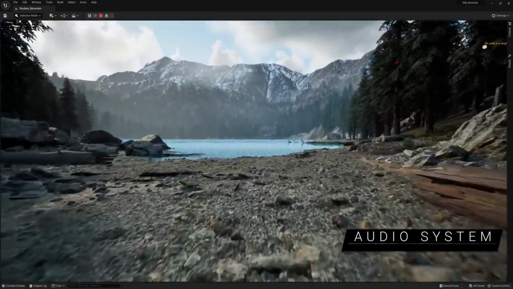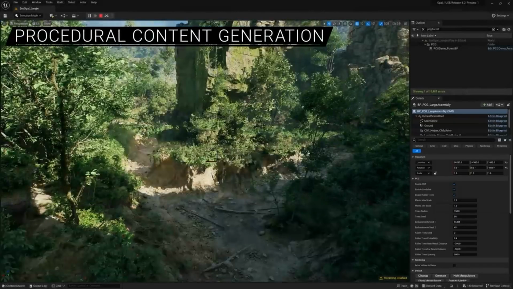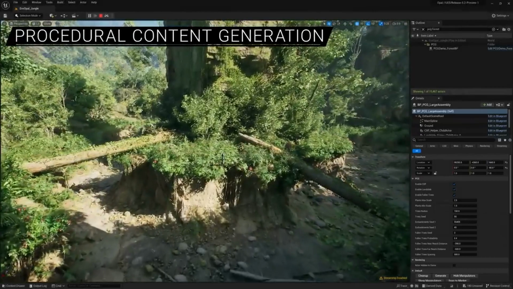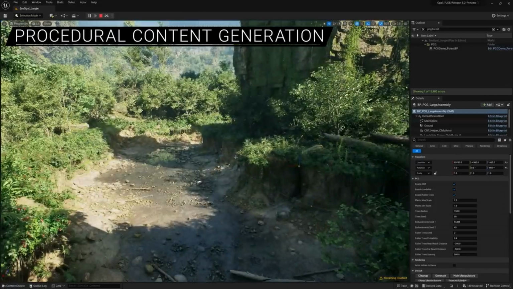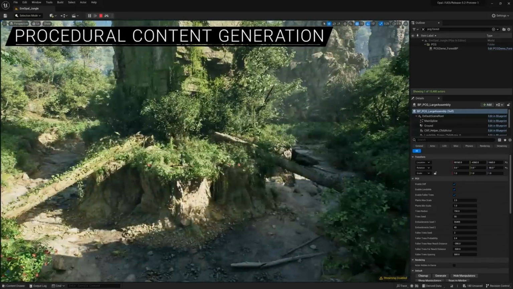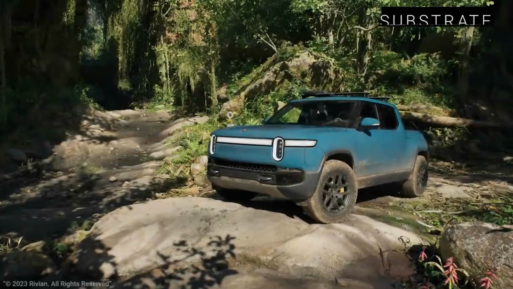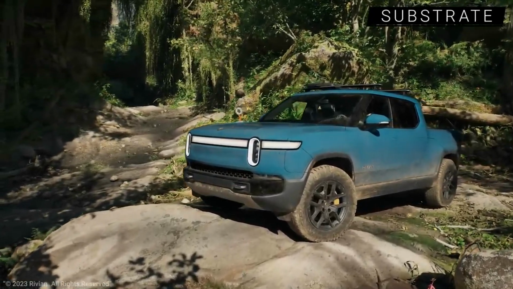First up, Unreal Engine 5.2 offers an early look at a new procedural content generation framework that makes creating large worlds fast and efficient. You can use the in-editor PCG tools to define rules and parameters to populate large scenes with UE assets of your choice. Substrate is a new way of authoring materials that gives you more control over the look and feel